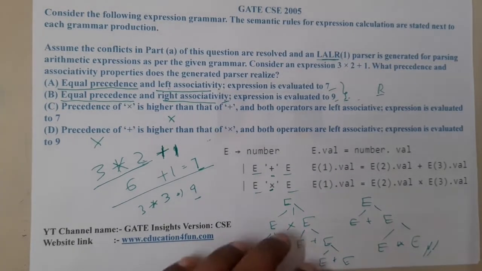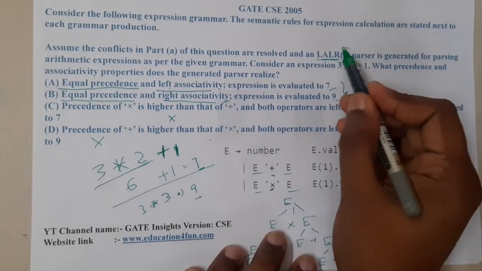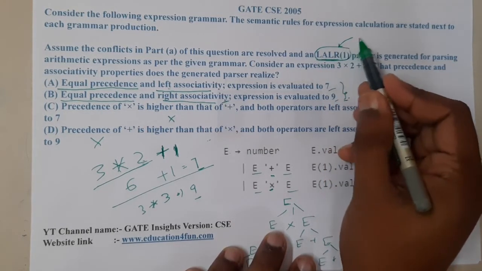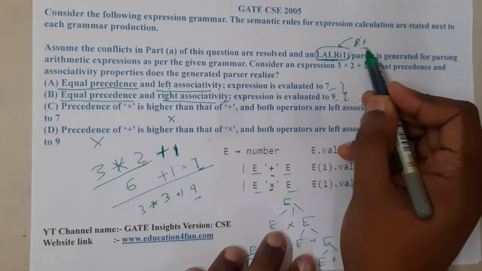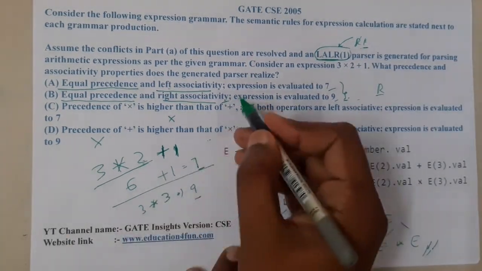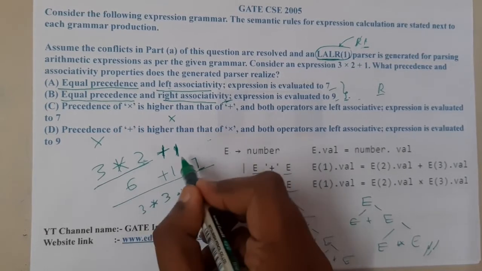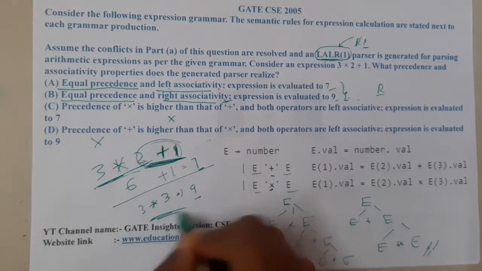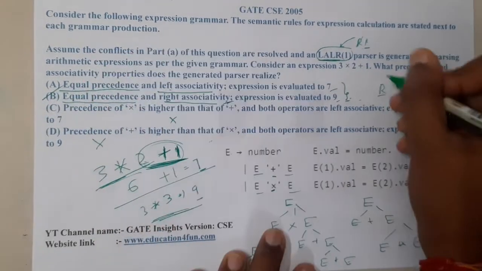Okay, I have just checked the answer, guys. Our reason is correct. They are saying this reason only because it is LLR. So here we are going to use reverse of rightmost, or in simple words, it is indirectly rightmost derivation only. That is the main reason why right associativity will work and the right-hand solving. So first you will solve these two, then this result with this, so that is nothing but 9, right? So B will be the most appropriate correct answer.